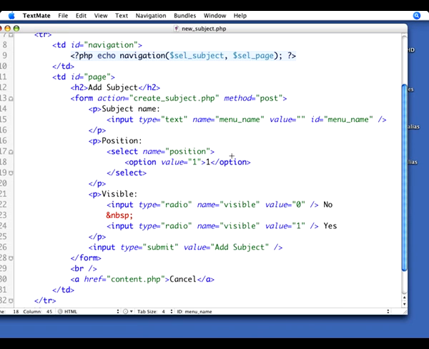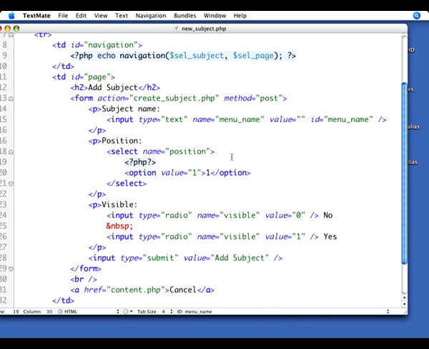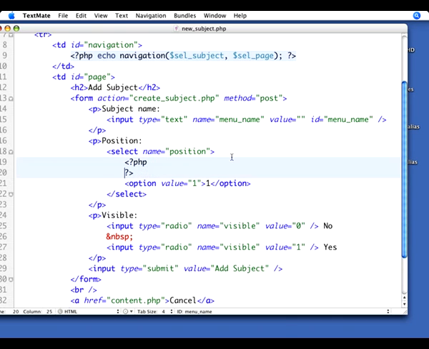But for now, let's punt on it a little bit and save some of that. But let's go ahead and think about that as functionality that we're going to want. We have the ability to know how many subjects we have. So let's make use of that knowledge. We can put in some PHP right here that's going to make a subject set